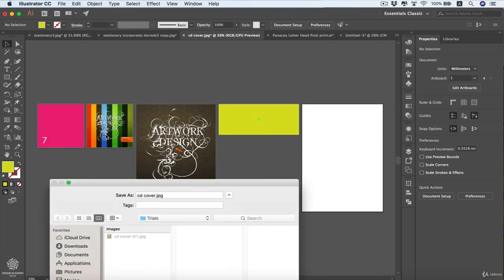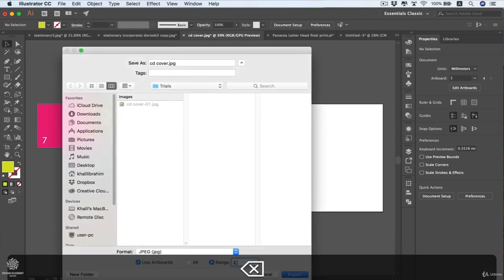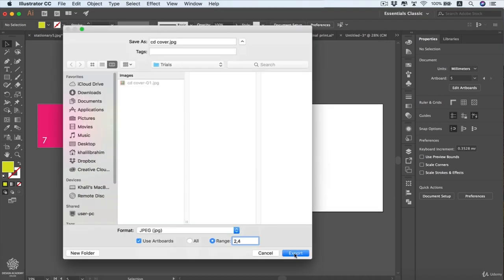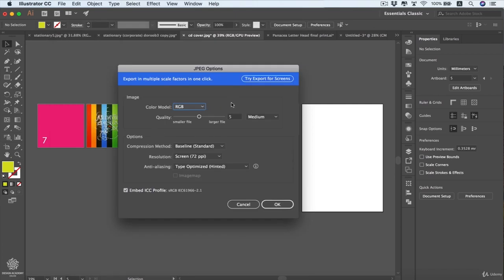Or let's say we want to export 2 and 3, or even 2 and 4. This will be exporting our square artwork and our solid artwork. And then you're going to press on export, and here you can choose your exporting options, including your color mode, whether